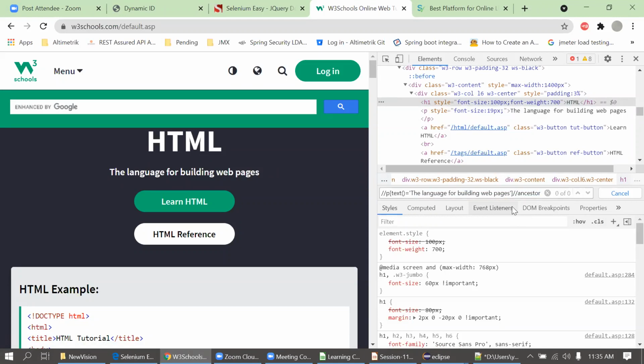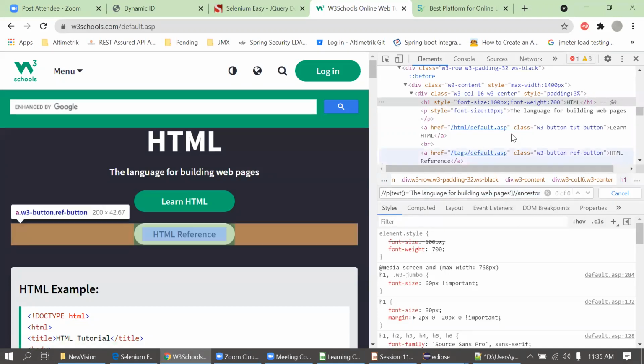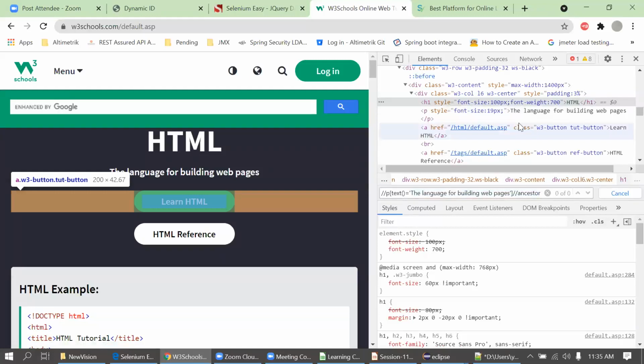Partial text or partial link text, right? Yes, we can use it. Is it easy to maintain? You cannot use all the locator strategies like class name, partial link, all of those things. Just use only 2, basically ID and XPath. You can go for all, that's not an issue, but it depends on your requirement.